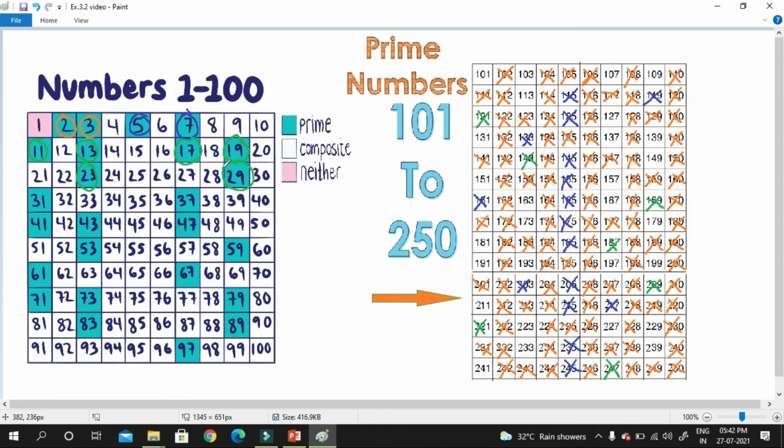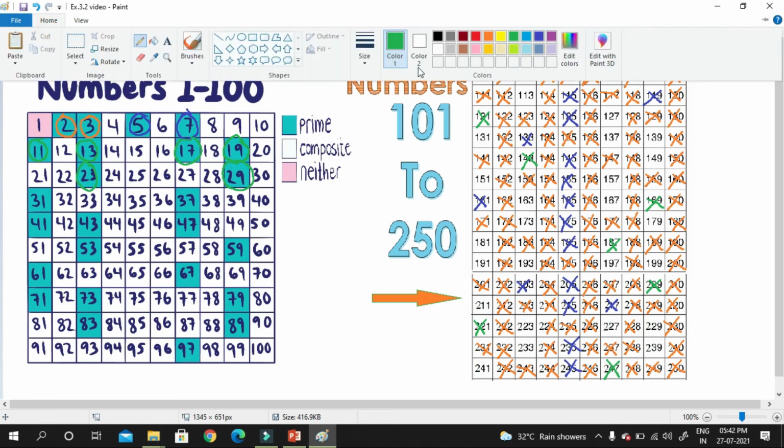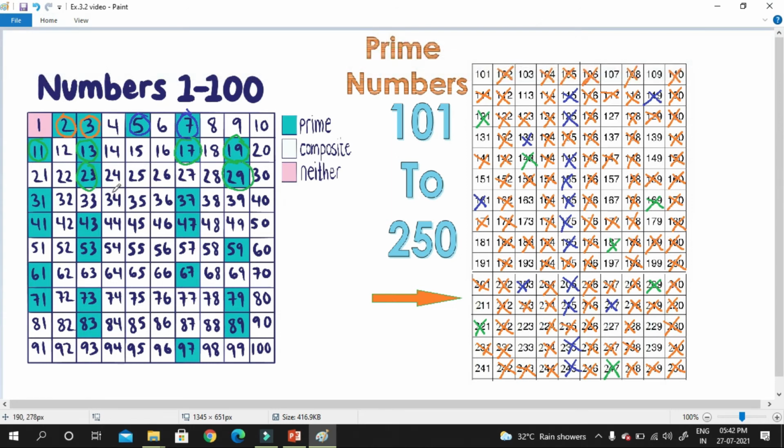The multiples of 29 are 116 already done, 145 already done, 174 already done, 203 already done, and 232, this is already done. Now the next number is 31. So let me change the color. 31.